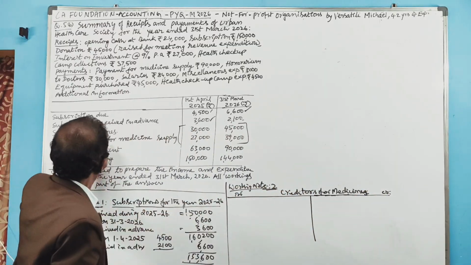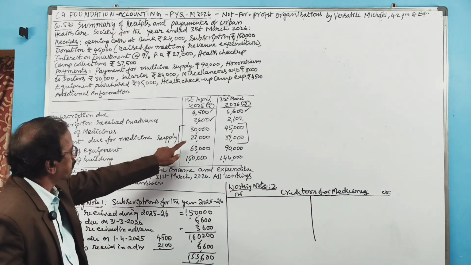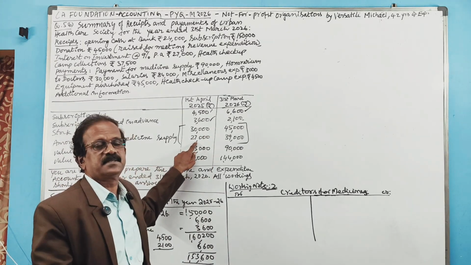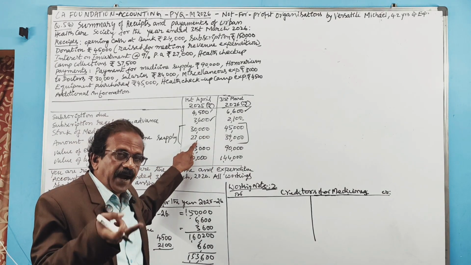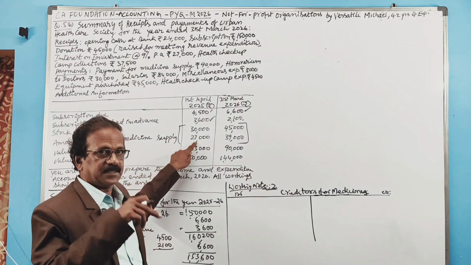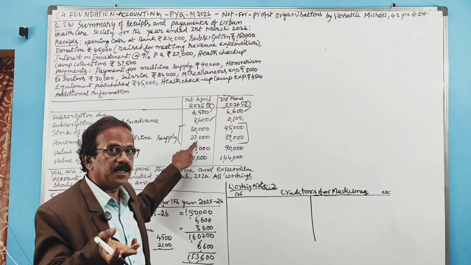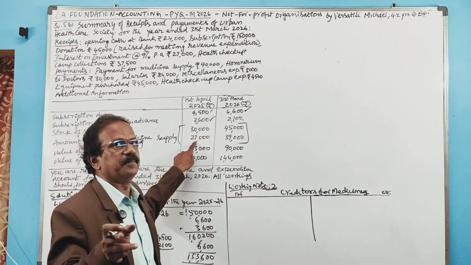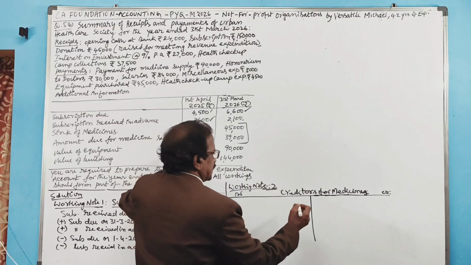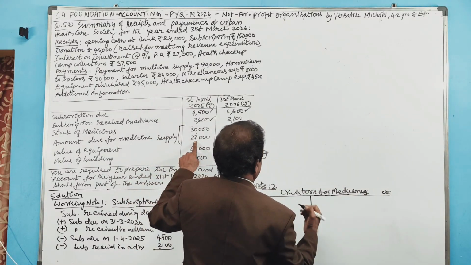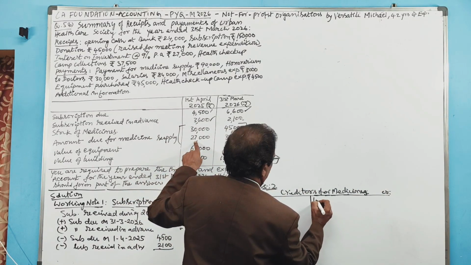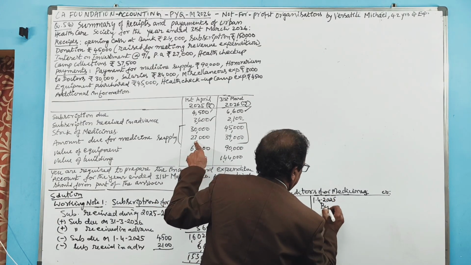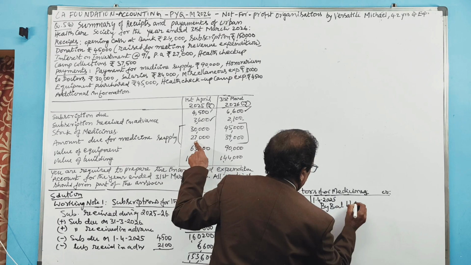What we have to do? Amount due for medicine supply in the beginning 27,000 means we had purchased these medicines last year and we still have to pay them as on this date. This is the opening liability towards the creditors. So you have to take it on the credit side. Date is 1/4/2025. By balance brought down